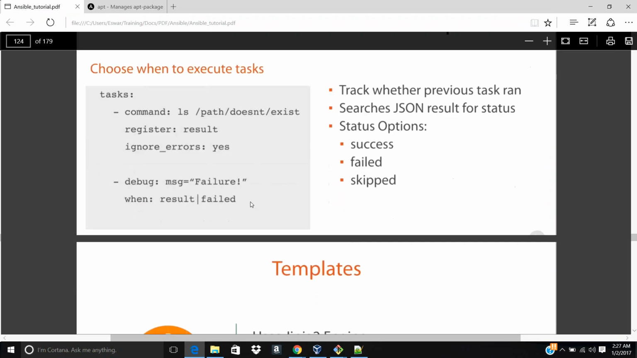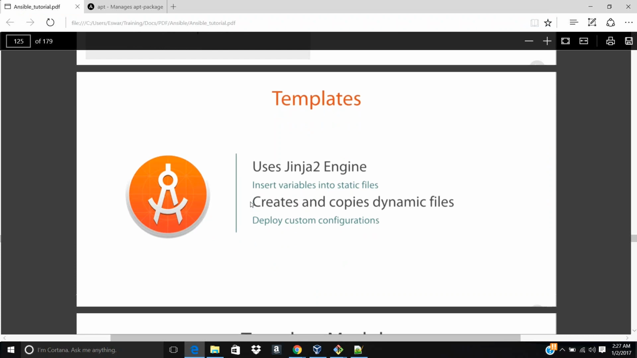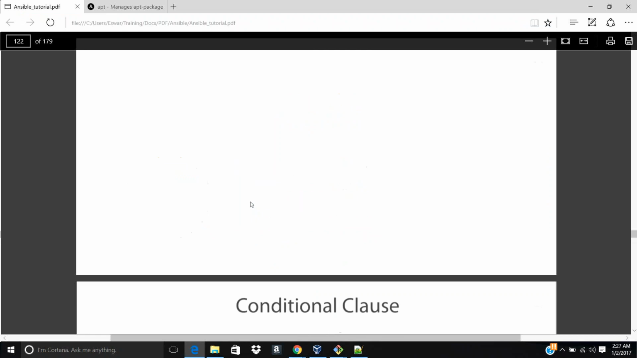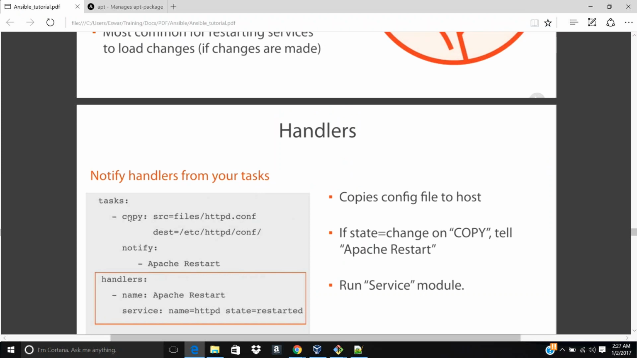One more very important thing that we use is templates. We have seen in the previous example the copy module. Copy module takes a file located somewhere on your Ansible server, and you want to push it to all the target nodes. The template module is similar to that. It takes the source and puts it at the destination, but there is a difference: